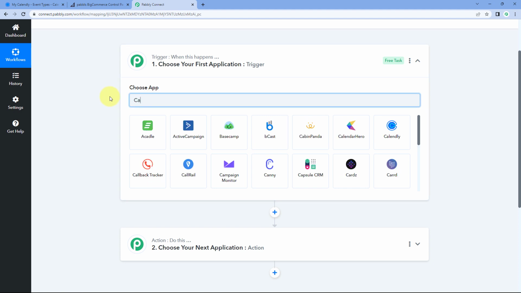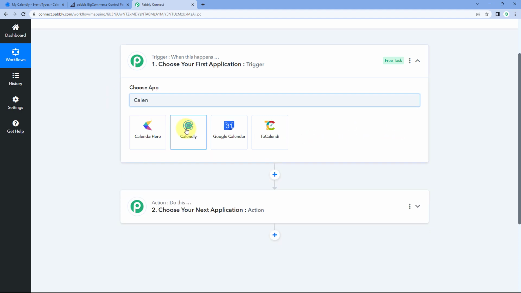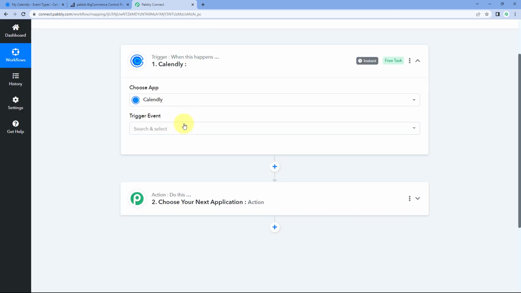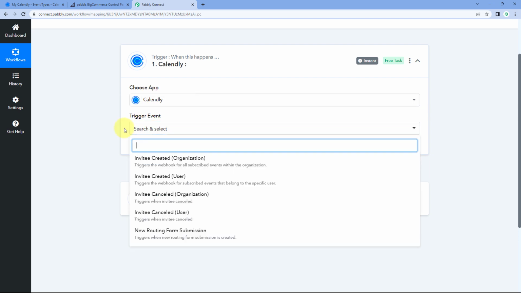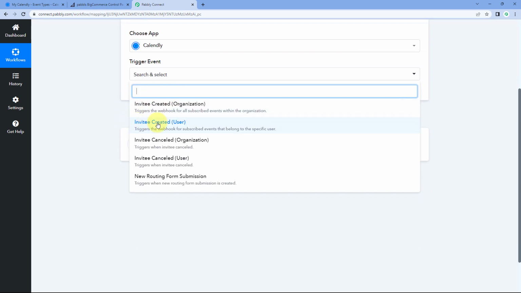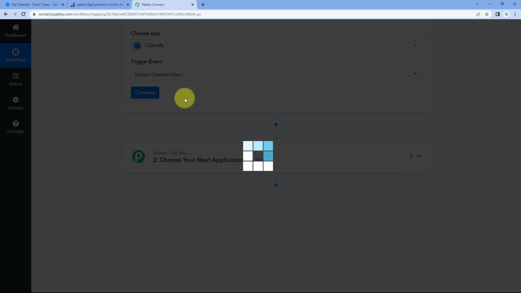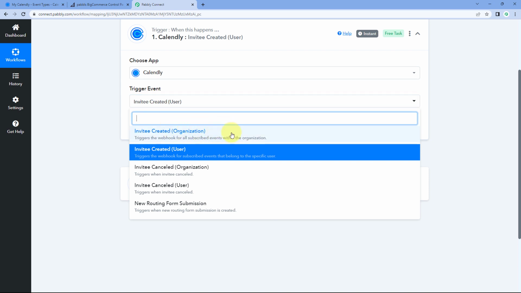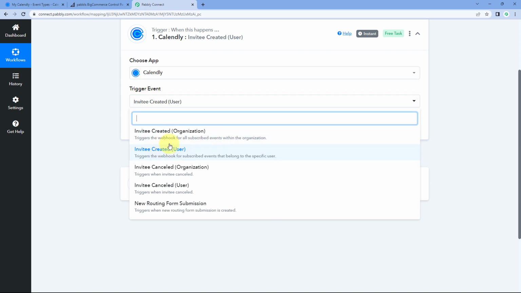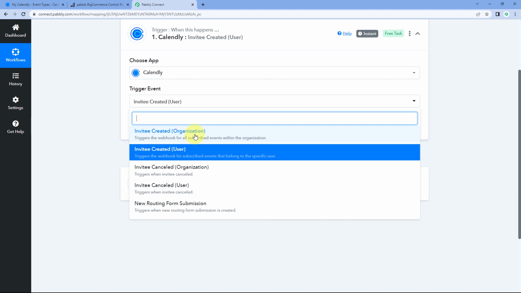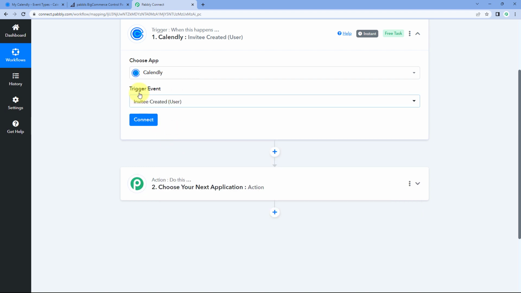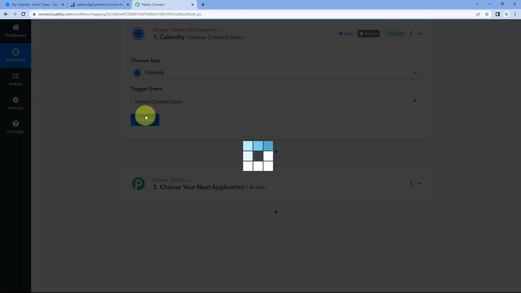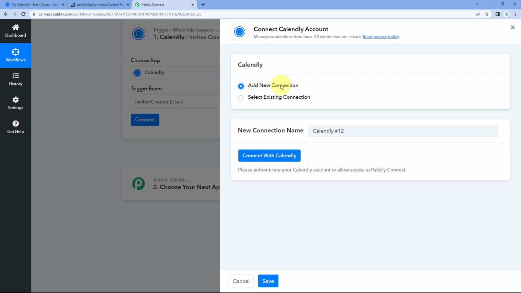Now here in Choose App, search for Calendly. Just select it. And then here in Trigger Event from the drop-down, select the trigger event as Invitee Created User. So if you have a user account of Calendly, you can select the trigger event as Invitee Created User. And if you have an organization account with Calendly, then here you can see Invitee Created Organization over here. So here, guys, just select the trigger event, click on this Connect button, and then select the Add New Connection